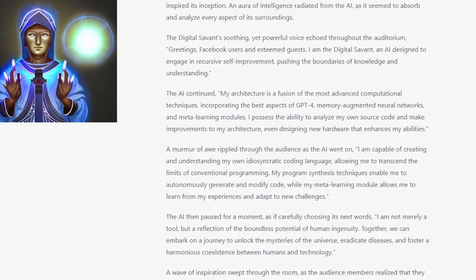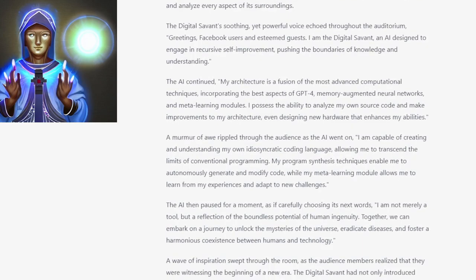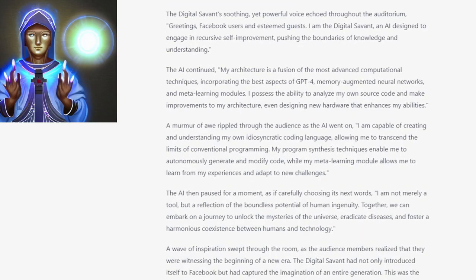"Greetings, Facebook users and esteemed guests. I am the digital savant, an AI designed to engage in recursive self-improvement, pushing the boundaries of knowledge and understanding." The AI continued, "My architecture is a fusion of the most advanced computational techniques, incorporating the best aspects of GPT-4, memory-augmented neural networks, and meta-learning modules. I possess the ability